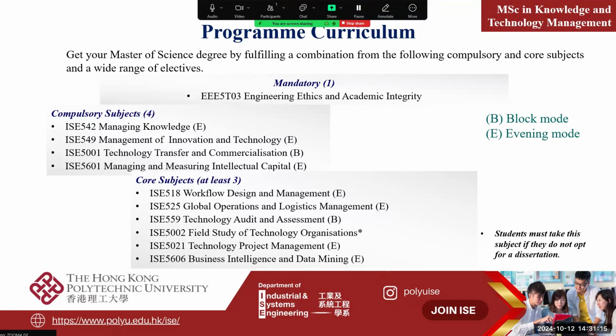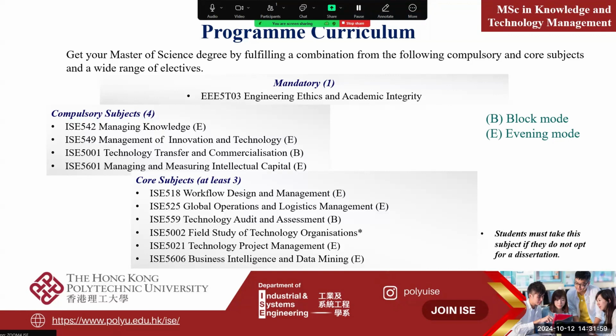One of the very important things similar to that is this subject, why we add a remark in here, because our program emphasizes giving the student the chance to integrate the knowledge they learn in different subjects into a real life situation. So we will organize field study for them. If the student does not take dissertation, this subject becomes another compulsory subject for them. But the difference is that the field study subject is a group subject. That means they work in a team, similar to a technology management team, they work together to address a company problem. And then they are also required to travel overseas.